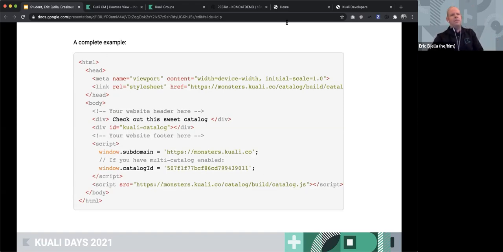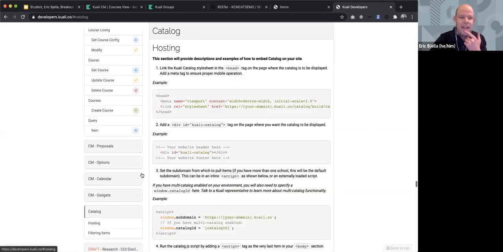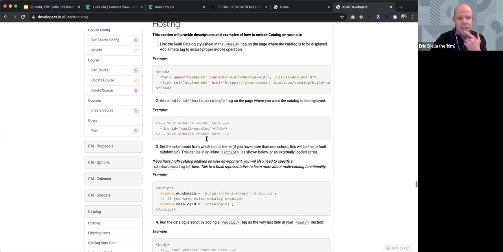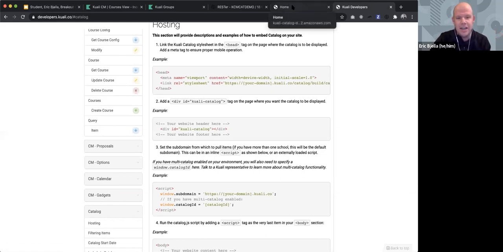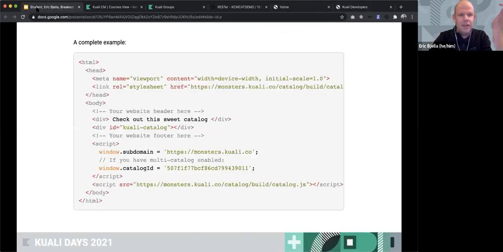So our developer documentation, we've been spending the bulk of our time here talking about curriculum management's developer documentation. And as you've seen, it's quite extensive. It's very powerful. As a contrast, the catalog documentation is pretty concise. And that's because there's just not a whole lot to getting a catalog live on your website. So I just wanted to go through a few specifics here, and then I think we'll have plenty of time for additional questions,